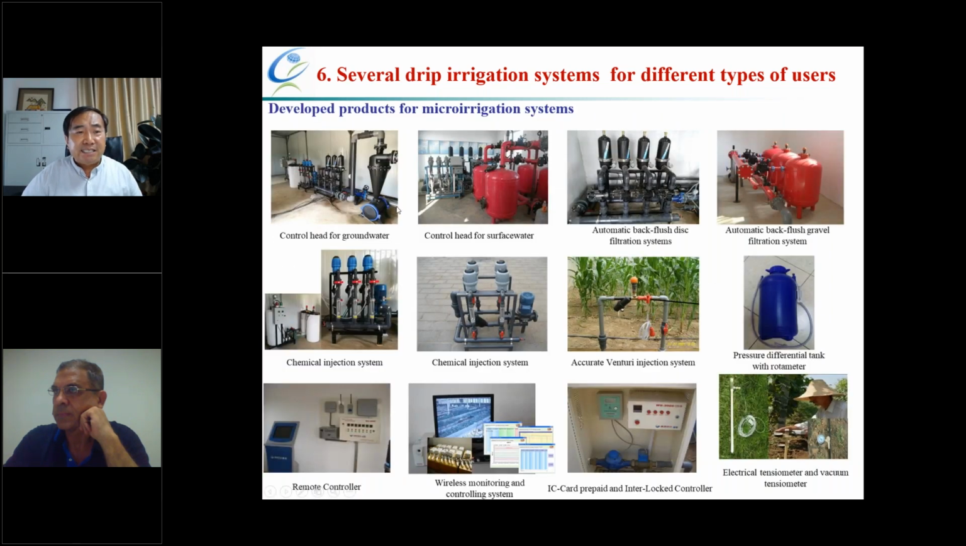And for these irrigation models, we developed the products of micro-irrigation systems. This is a control head for groundwater, control head for surface water, automatic back flushing disk filtration system, automatic back flushing ground filtration system. Also, we developed the chemical injection system for